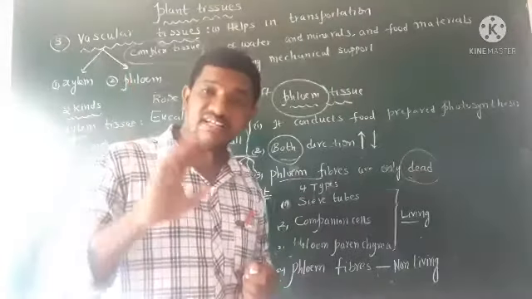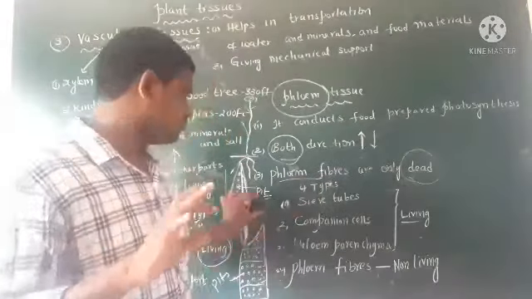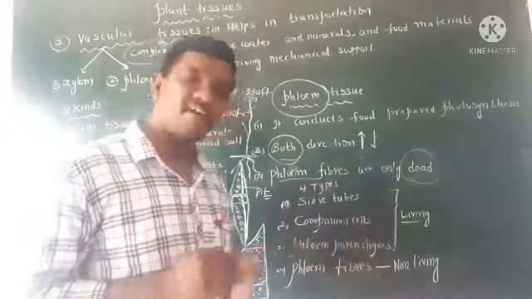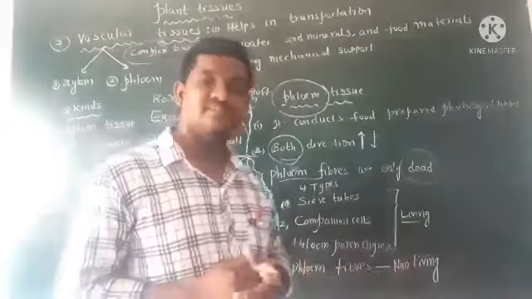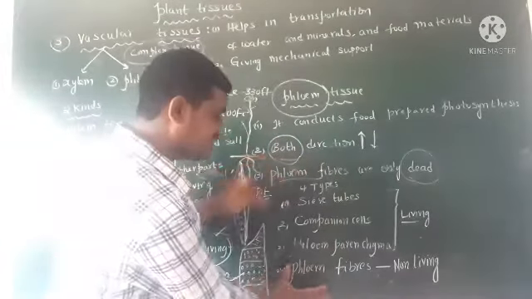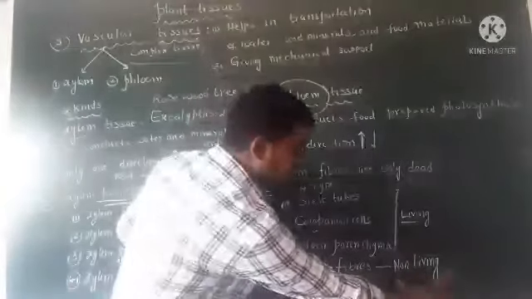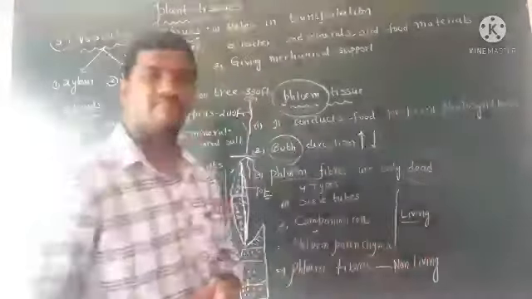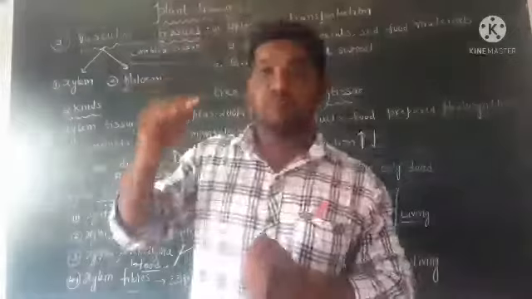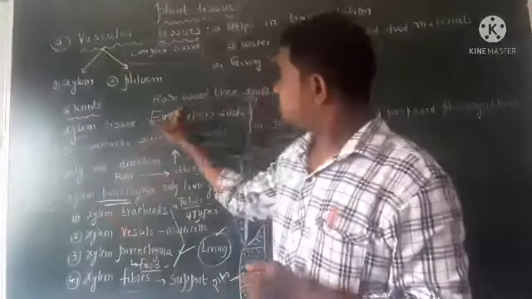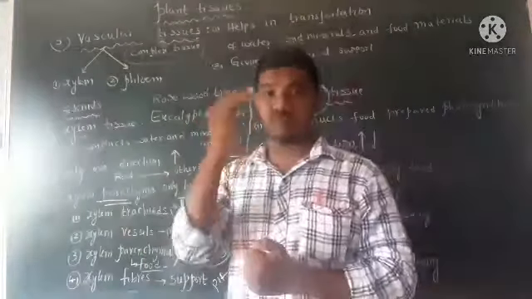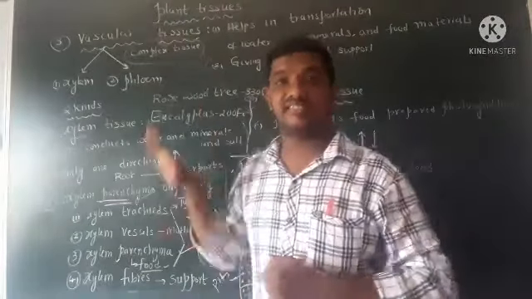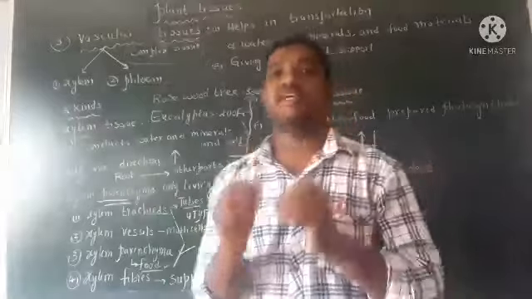Phloem tissues consist of four cells: sieve tubes, companion cells, phloem parenchyma and phloem fibers. Among these four kinds of cells, only phloem fibers are non-living. The remaining three kinds of cells are living cells. Water can move up to 330 feet in rosewood trees. Water can move up to 200 feet in eucalyptus trees. This is the topic, children. Keep it in your mind. Okay.